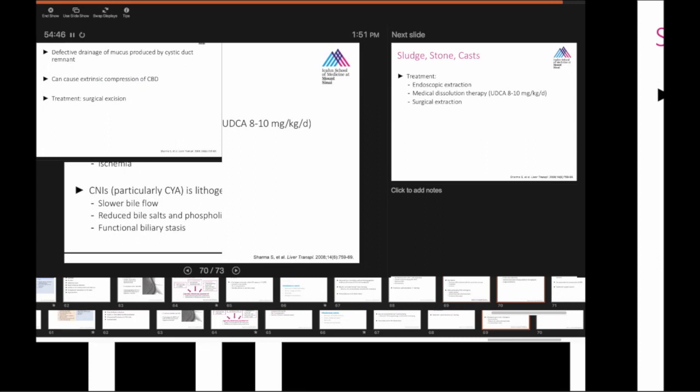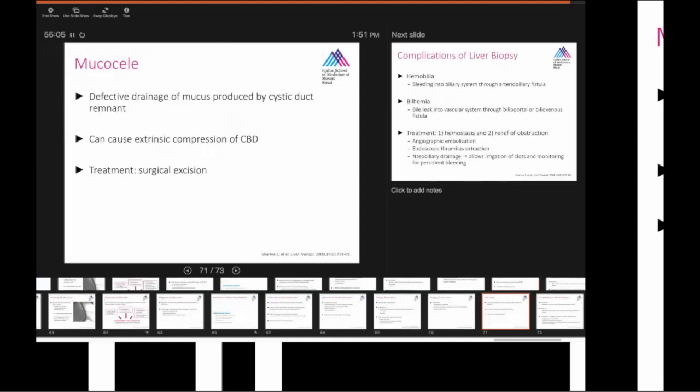You remove endoscopically. If you can't do that, you try surgical extraction. If we're talking about smaller lesions and the patient can't get surgery, then we could try medical dissolution therapy with ursodiol. Mucocele: if the cystic duct remnant is not draining mucus properly, then it creates this big mass in